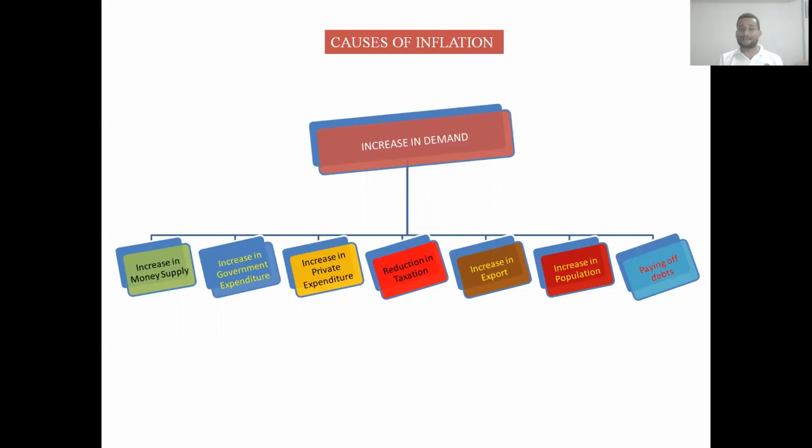Directly it generates different employment opportunities. At the same time, it indirectly generates some employment opportunities in its nearby areas. It is called positive externalities, through which the income of the people will increase, as a result of which they will demand more goods and services. If the demand for goods and services increases, then relative to the supply of goods and services, the general price level will definitely increase.